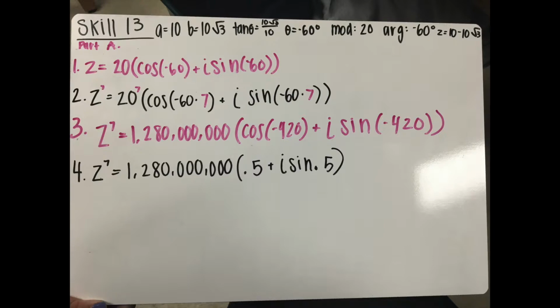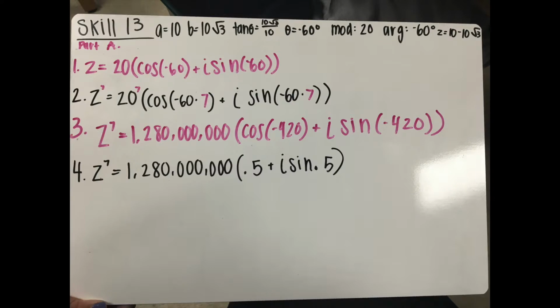Now I knew that in order to find z to the 7th power, I had to raise my r value to 7, and then I had to multiply my angle measures by 7, which gave me z to the 7th is equal to 20 to the 7th times parentheses cosine negative 60 times 7 plus i sine negative 60 times 7, which ended up simplifying to z to the 7th is equal to